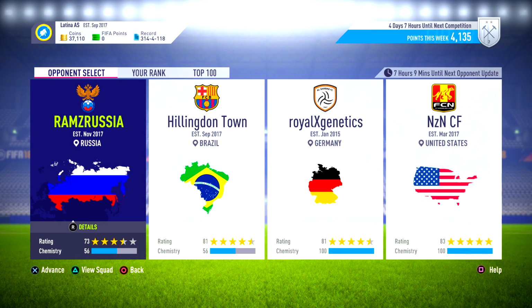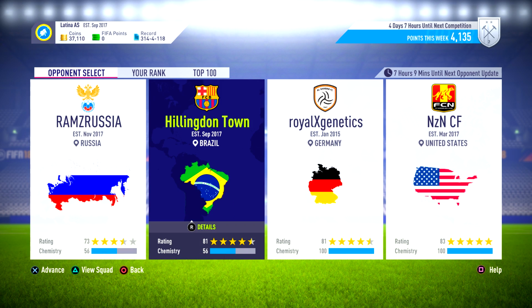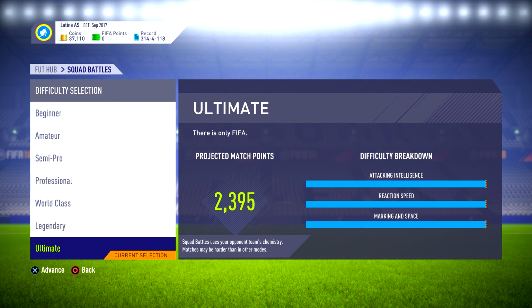So today I'm gonna show you guys how to beat ultimate difficulty on Squad Battles with a bronze team. This was my second attempt. First of all, I tried to beat the Chelsea team on ultimate, but I lost 3-1. I actually managed to score the first goal, but I let in 3 goals, which was not the best. So I went ahead and did it against this team called Hilindentan, I believe, and his team was 81 rated and